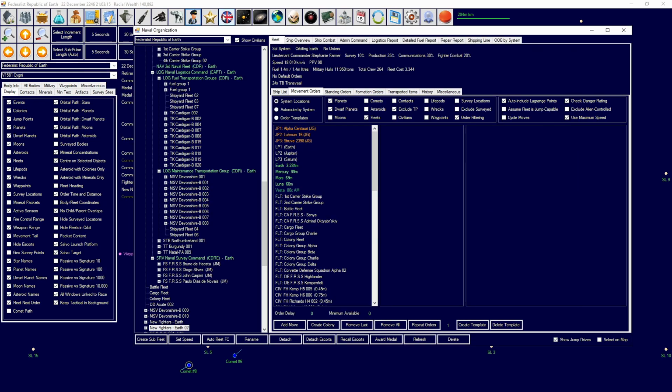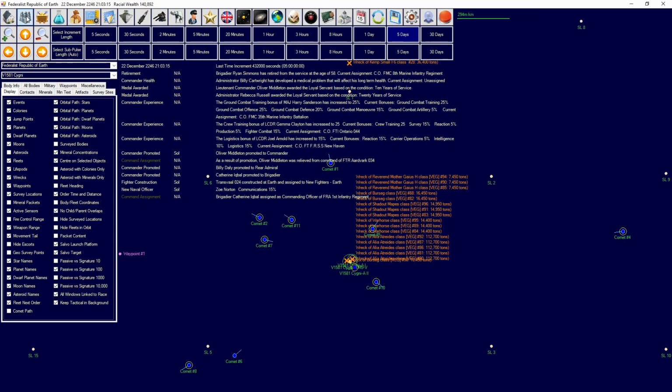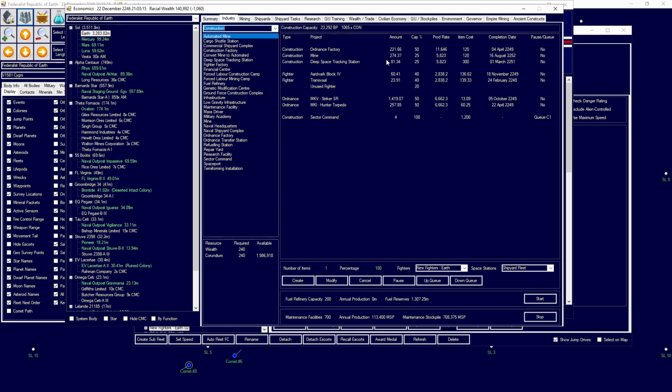Let me have a look at our policy. Our policy is, if I look at academies, yeah, that's what it is. If I do this, no, it goes more of those. I want more officer graduates. So we may need to put more stuff. We need to put more